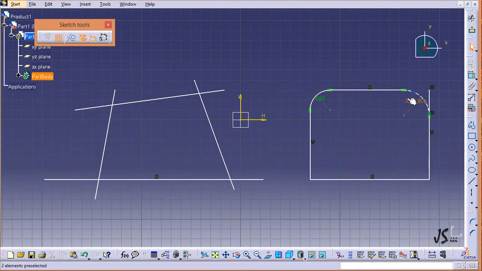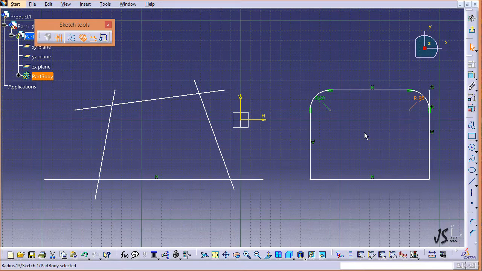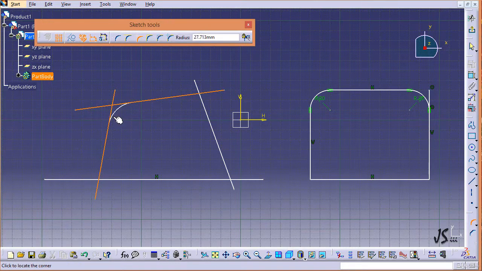So I click on that, and you can see the first part is trimmed, but the second part is not trimmed. I double click on that to make it about 20, and you can see that it is created for me. I can activate this command, and you can see the rest of them are very easy. This one trims nothing, so if I click on that and go, let's say for example here and here,